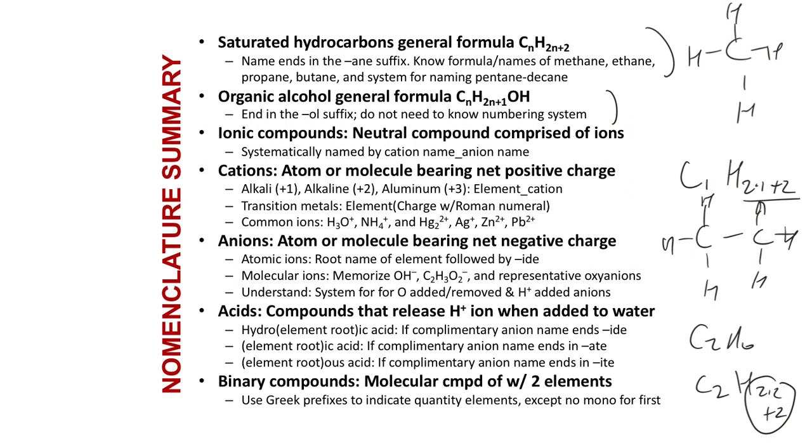What we want to know is if we give you something like, let's say the C5. C5 should have 12 hydrogens. How do I know it has 12? Well, either sketch out 5 carbons in a row, add the hydrogens, come up with 12. Think of 2 CH3s on the end, 3 CH2s in the middle is another way. Think of 2 times 5 plus 2, that's a third way. So a lot of ways to get 12, but then if we take one of those away, replace it with a hydroxyl group, that's the alcohol. So the idea would be that this